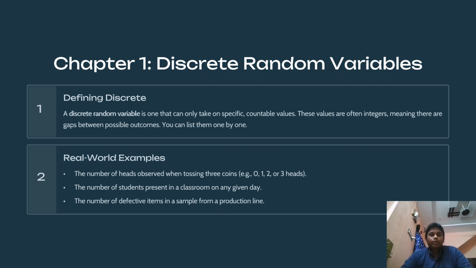The first one is the discrete random variable. A discrete random variable is one that only takes specific countable values. These values are often integers, meaning that there are gaps between possible outcomes. We can list them one by one. Another definition of a discrete random variable is a variable that takes specific countable values like 0, 1, 2, 3. For example, the number of heads when tossing 3 coins, number of students present in class,